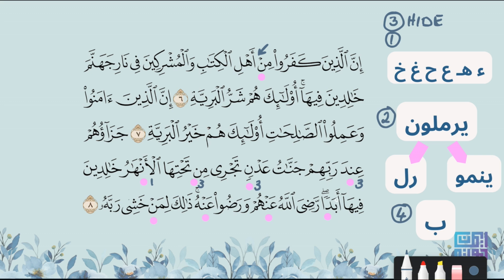How about this one? A tanween after it, a ra. The ra is one of the letters of idgham, yarmalun. So there is a ghunna or no ghunna? No ghunna, because it belongs to this group. So we are going to say abadan radiya, abadan radiya. No ghunna when I pronounce the ra. Okay, it's idgham, but without a ghunna because it's complete idgham. So this belongs to the idgham group, which is number 2.